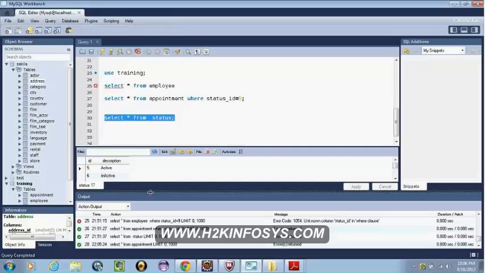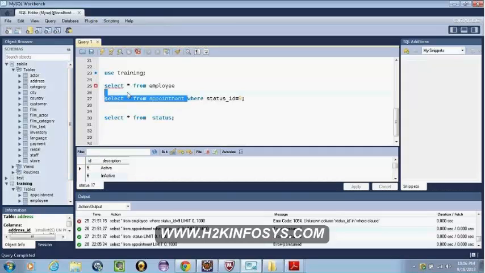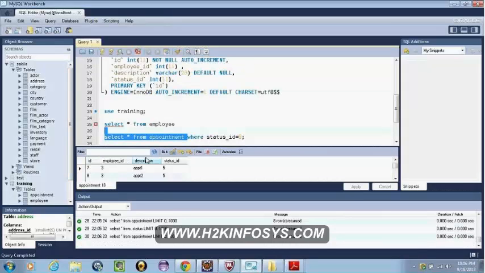And the status ID is coming from the status table. In the appointment table, we are referencing the status ID to say a specific appointment is active or inactive. So employee ID and status ID are foreign keys in the appointment table. Yes. Okay. Thanks.